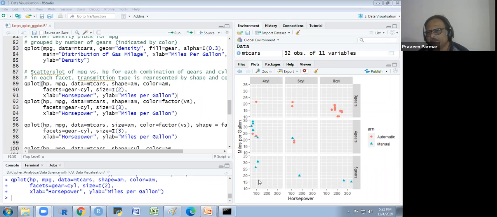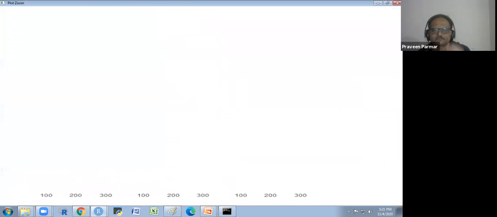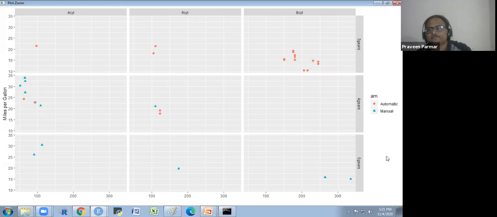So you see, in this way we could make this plot, or I will explain to you how to interpret it. How we could interpret it. So you see there are red with 3 gears. You see 3 gears, we have the red, and red is for the automatic. So you could say that the 3 gears vehicles are all automatic. Does that make sense to everyone?